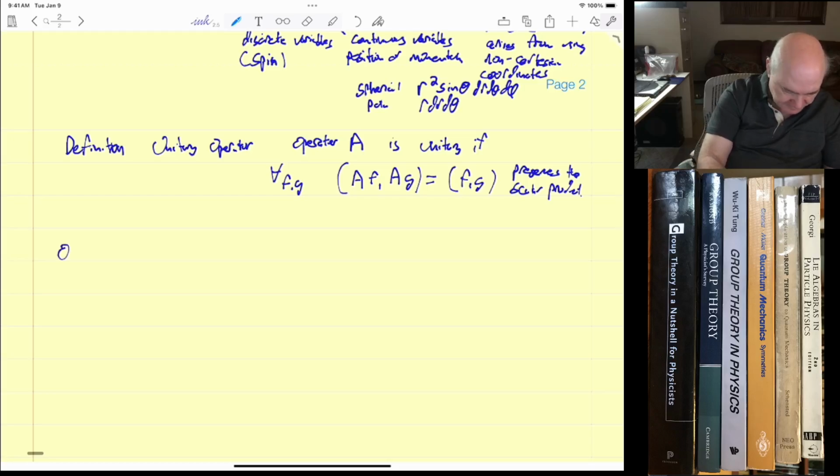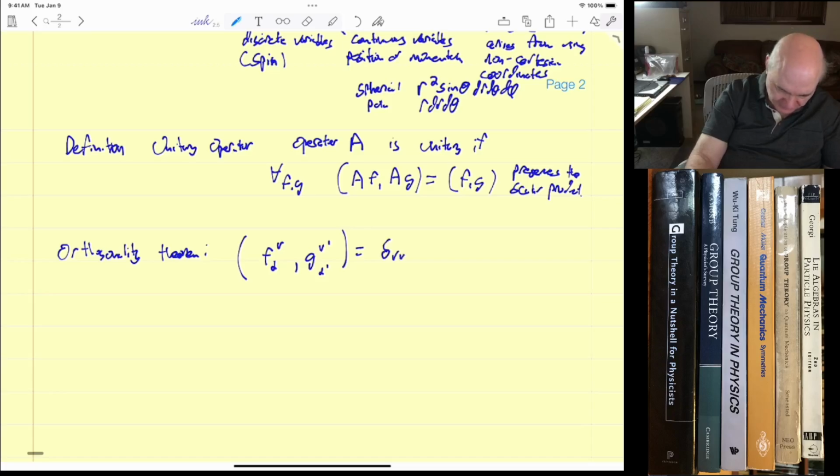So the orthogonality theorem just says that if we have functions belonging to the nu irreducible representation and the nu prime irreducible representation, and this is going to be delta nu nu prime, delta alpha alpha prime times V. So F here is a member of the invariant space of the nu irreducible representation, G of the nu prime irreducible representation, and V is independent of alpha,